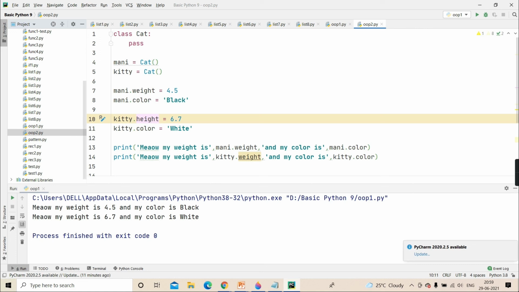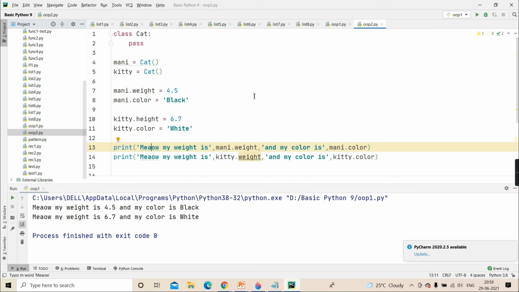It is 100% legal. Meaning one object is having one set of properties and the other object is having a different set of properties. Now the problem will be only when you try to print Money's weight and color, it will work. But when you try to print Kitty's weight and color, it will give an error. It will throw an exception, AttributeError. It will say Kitty doesn't have an attribute weight.